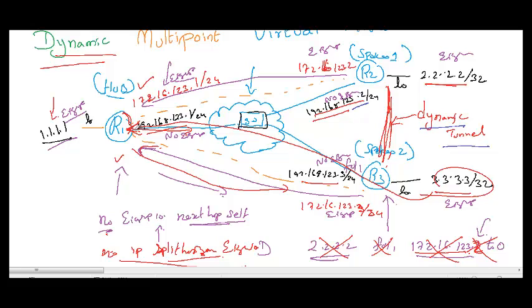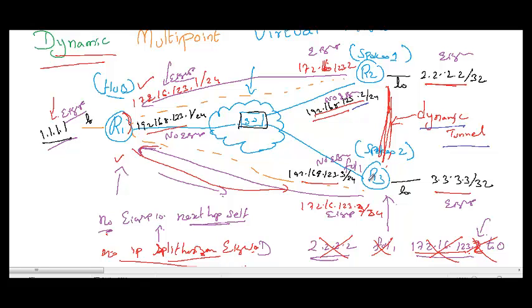Whatever you learn, don't give it back on the same interface. So if you don't give it back, then how will R2 learn? R2 will never learn. So to override this, what we do is we say no ip split-horizon for EIGRP 10 alone. You cancel that split horizon so that whatever R3 gives to R1, R1 will share to R2, and whatever R2 gives to R1, R1 will share to R3. So this is our first step,